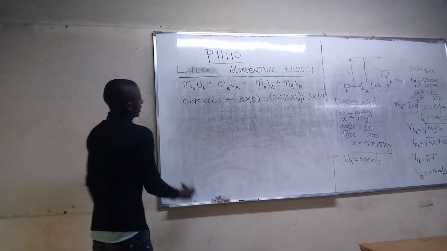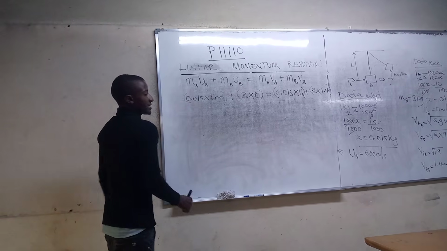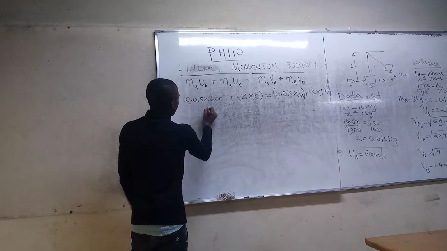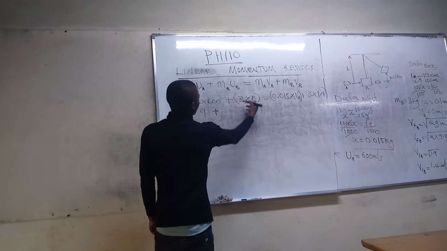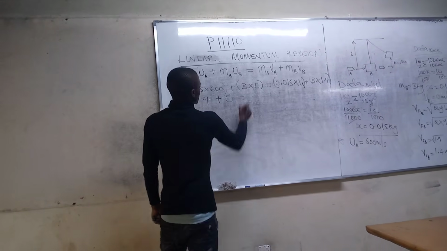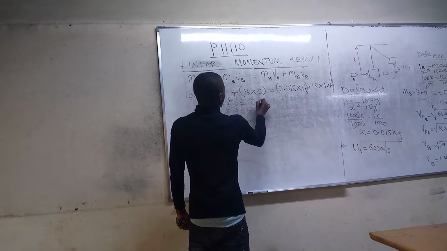So from there, what is 0.015 times 600? 9 plus, so 3 times 0, that is 0, is equal to, so you are going to obtain 0.015